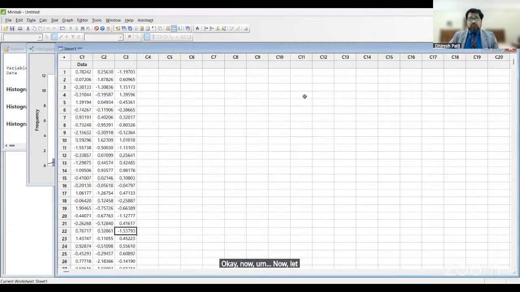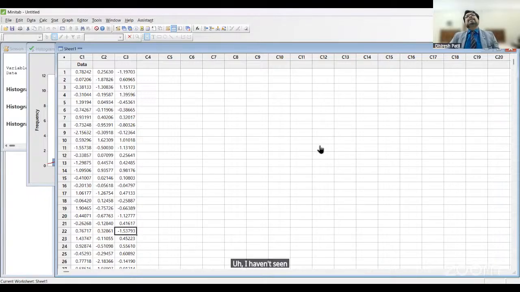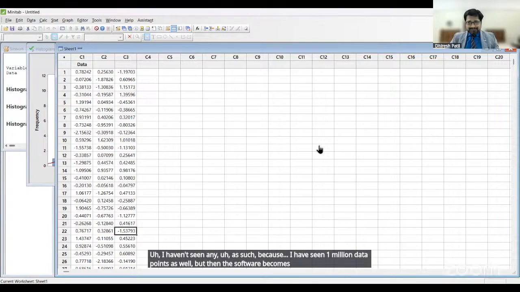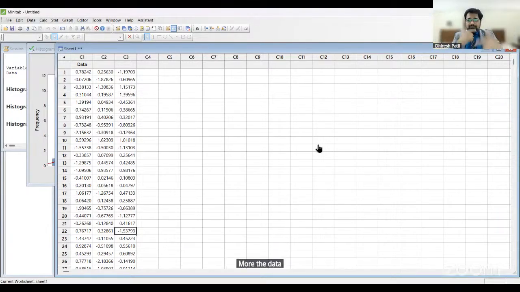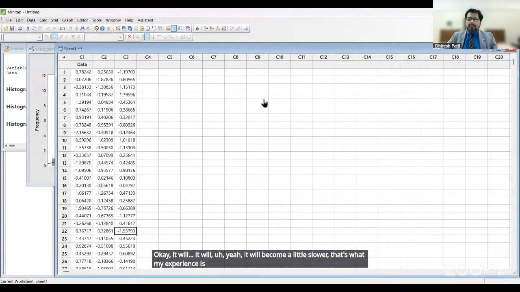let's go back to this. Now I have created, there is a restriction on the size of the data file which can be used in Minitab. I haven't seen any as such, because I have seen 1 million data points as well, but then the software becomes a little slower. The more data in the file, the slower the processing becomes. You can try out. You can create a 3 lakh data set. It will become a little slower. That's what my experience is, but it can handle that much data. Okay. Now coming back to